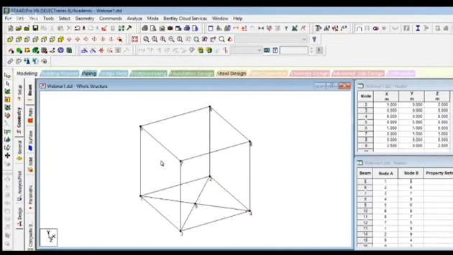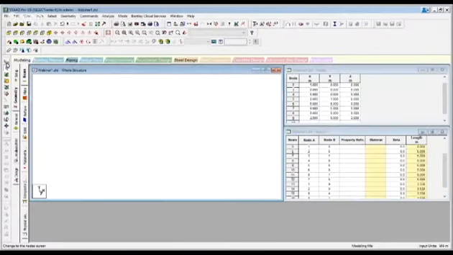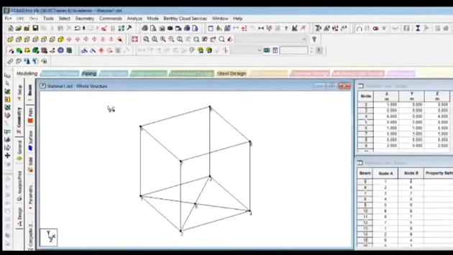Similarly, we can have this diagonal also. Go on adding this diagonal from node 5 to node 4. Again, node 6 to node 3. Now tell me whether these two diagonals are also intersecting each other. Obviously, yes. I can show you that.